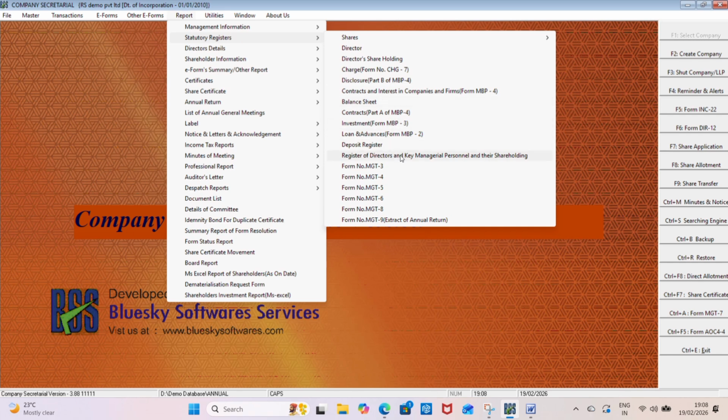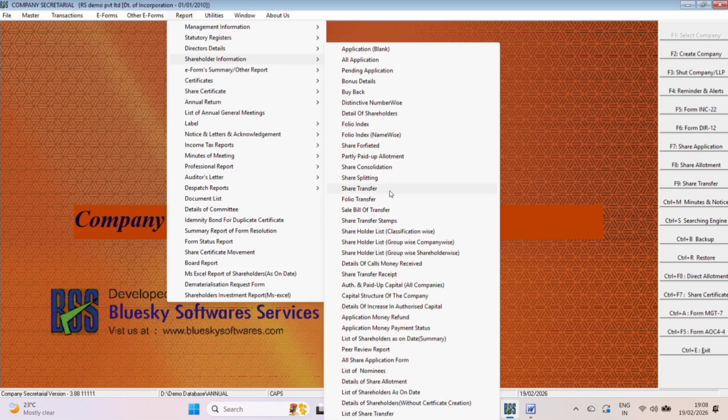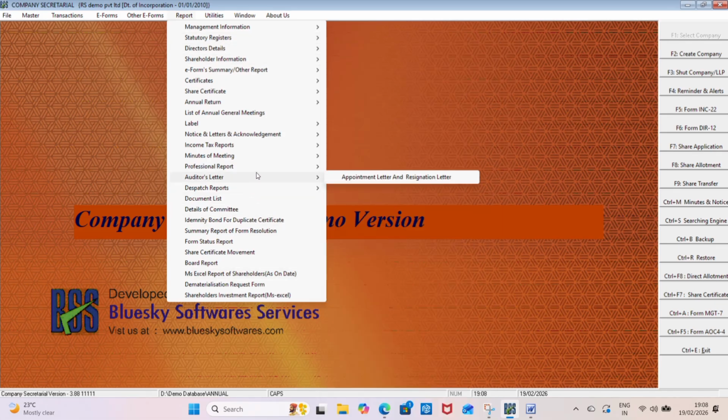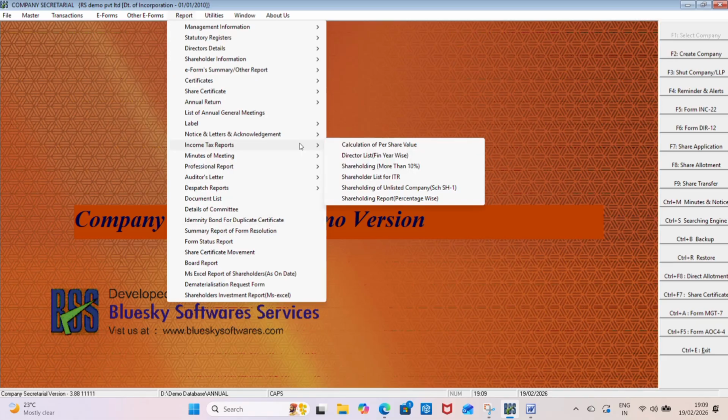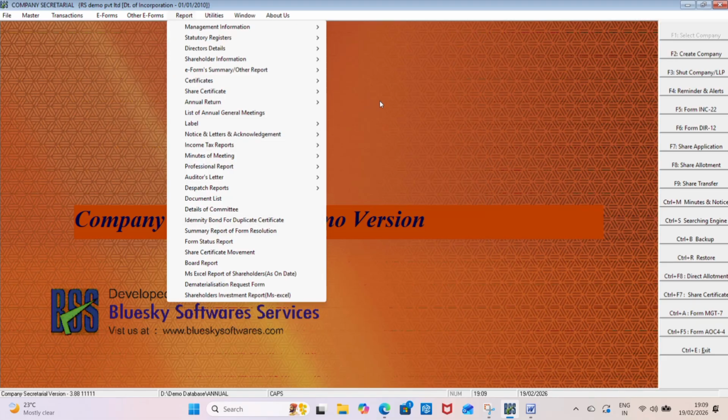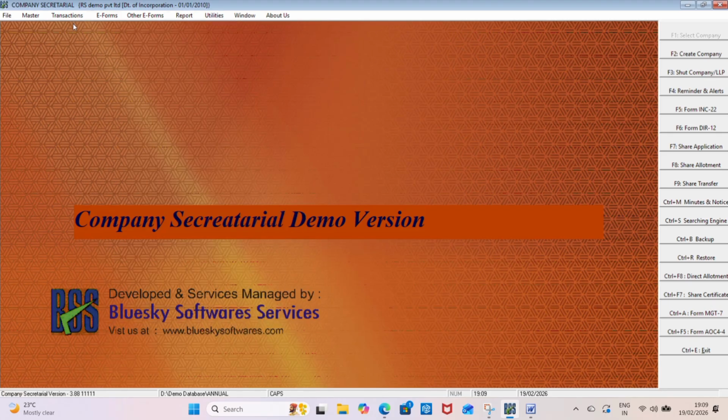Like if we make the entry in DR12, then automatically directors register, director shareholding register, disclosure of director, contract register, register of director and KMP, and list of director report, MBP1, DR8, etc. are created automatically. Okay,